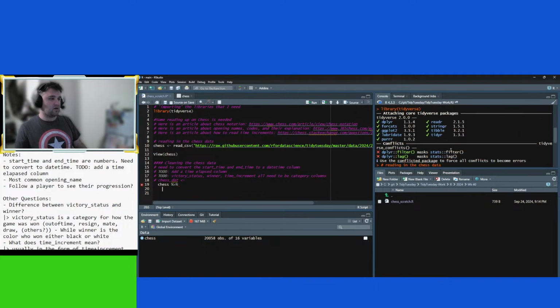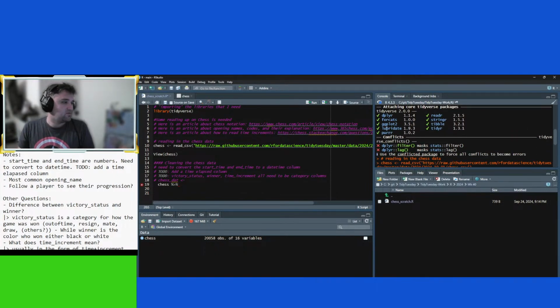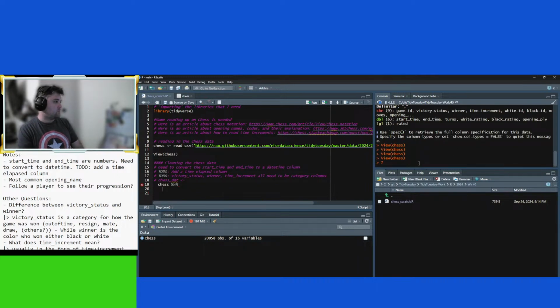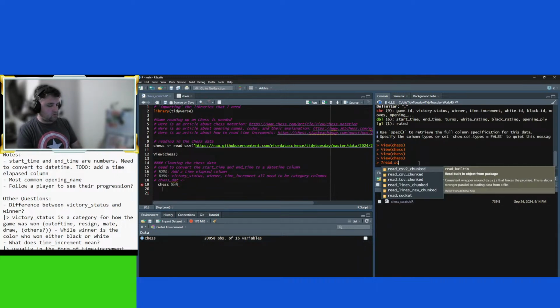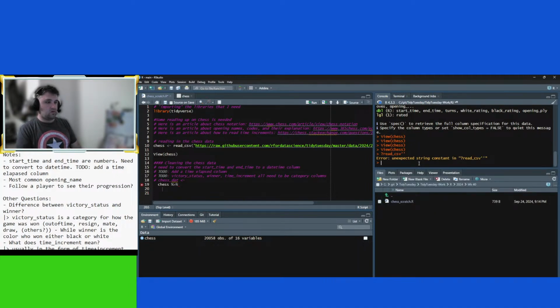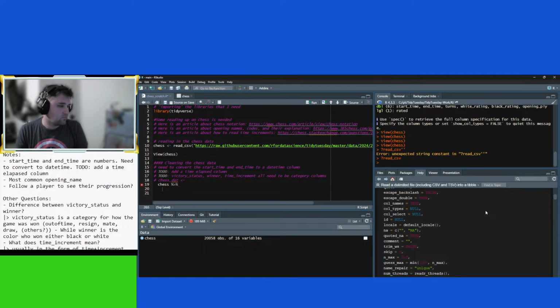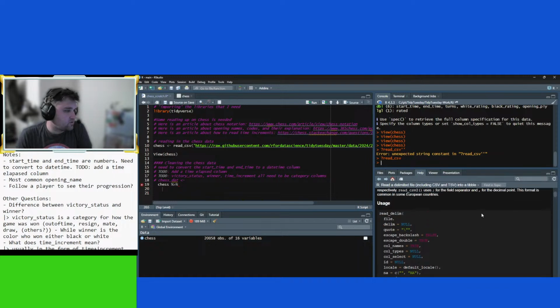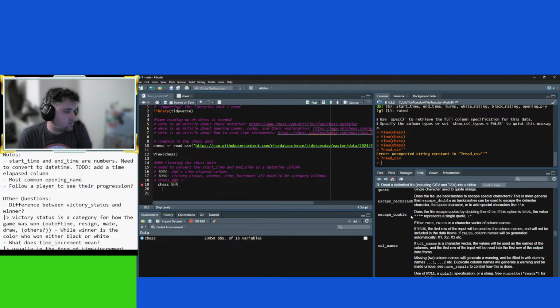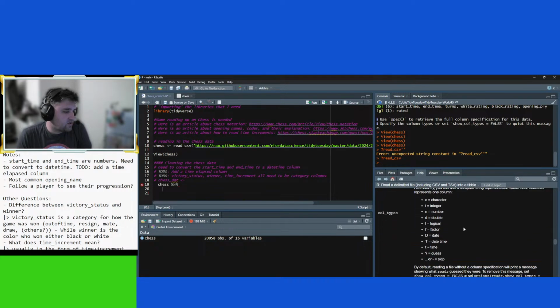Okay, let's look at play for cats. Lubridate, okay, lubridate's in Tidyverse. So read CSV, column names, column types.